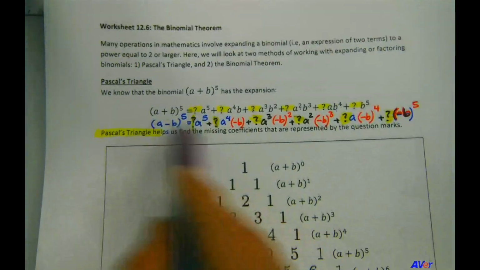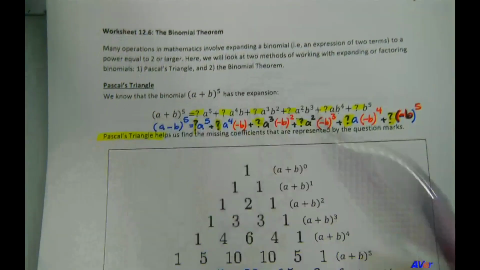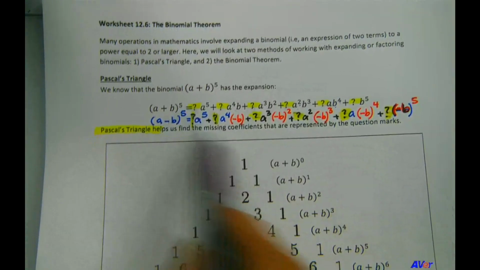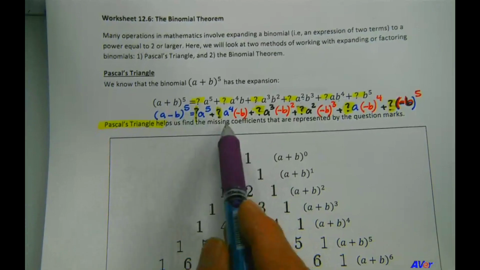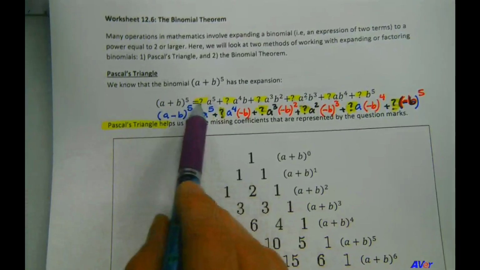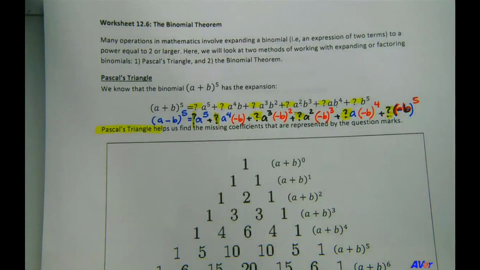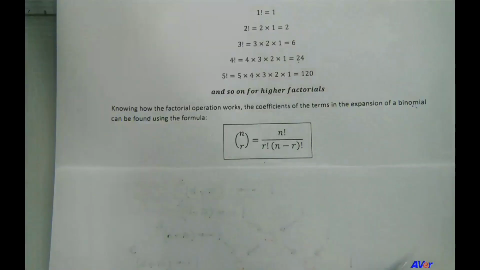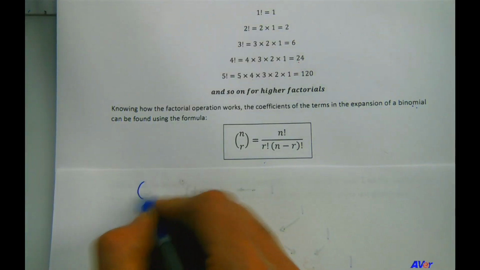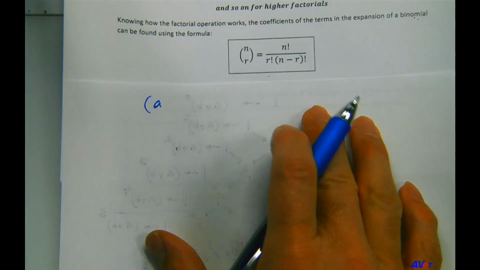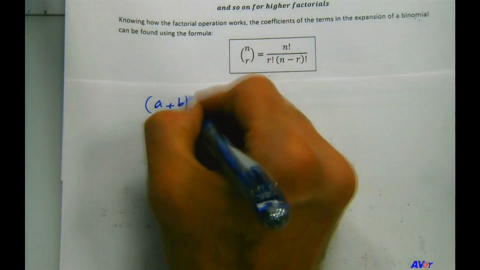I'm going to rewrite this so you know exactly what I'm talking about. I'm going to rewrite this same example we solved using the Pascal's triangle. This time, though, instead of calculating the coefficients using the Pascal's triangle, we're going to use the binomial theorem. So let me write it so we have it on the scratch paper here. So this is A plus b to the 5th power